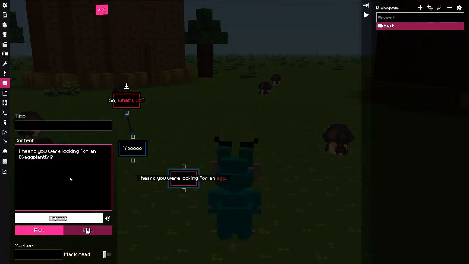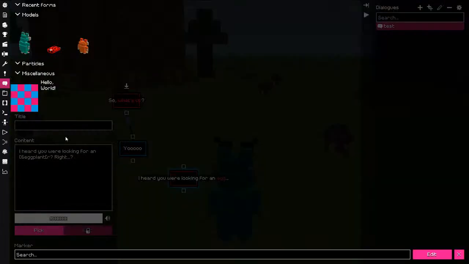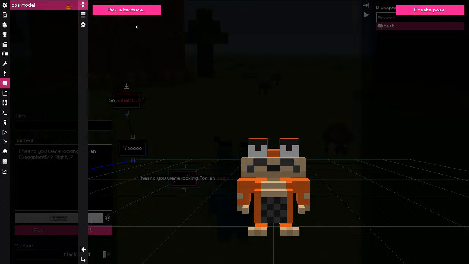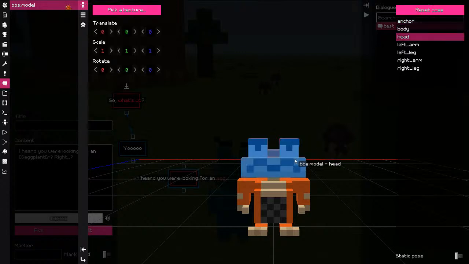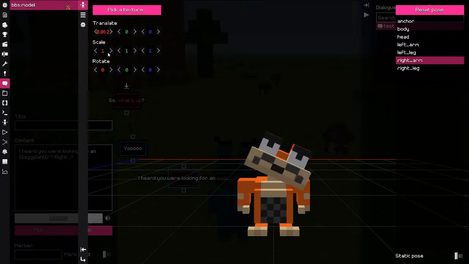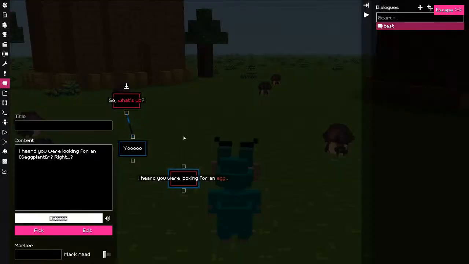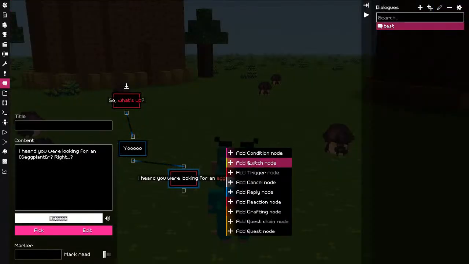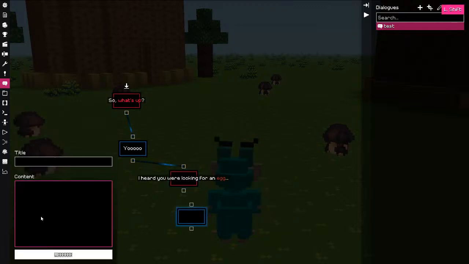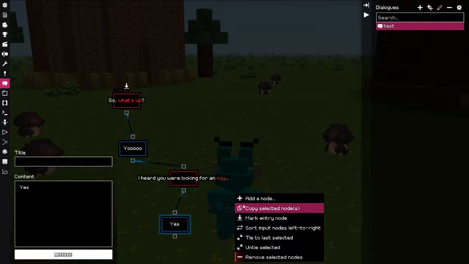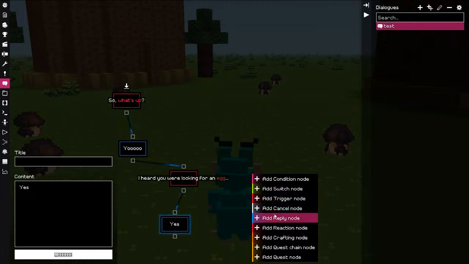That's a funny color. Right, and then change the pose to like, yes, and then reply yes. Wait, I don't have an eggplant, but I'm just gonna give myself